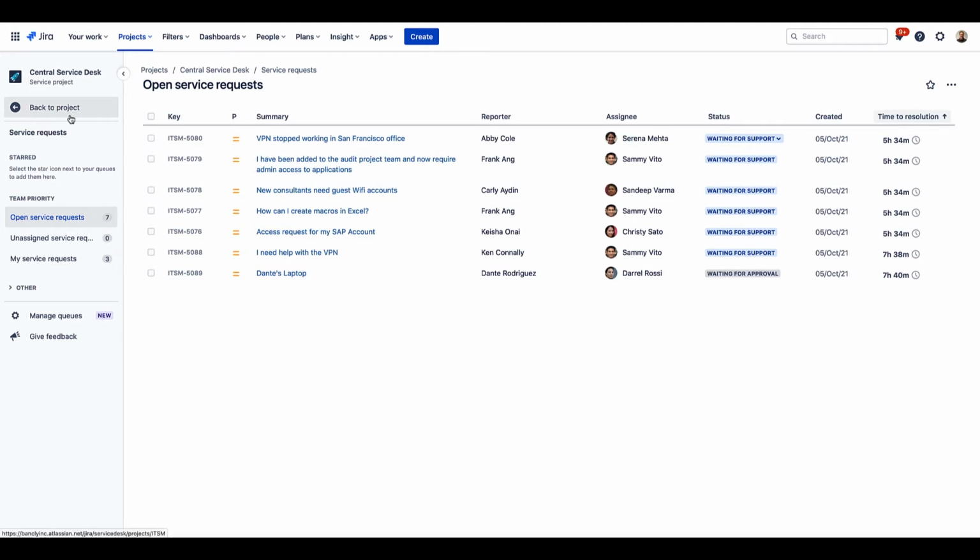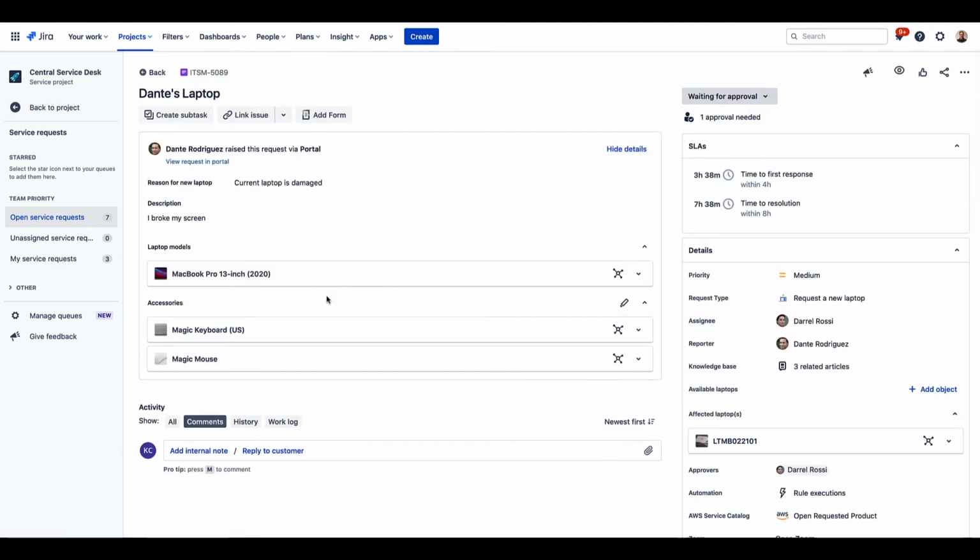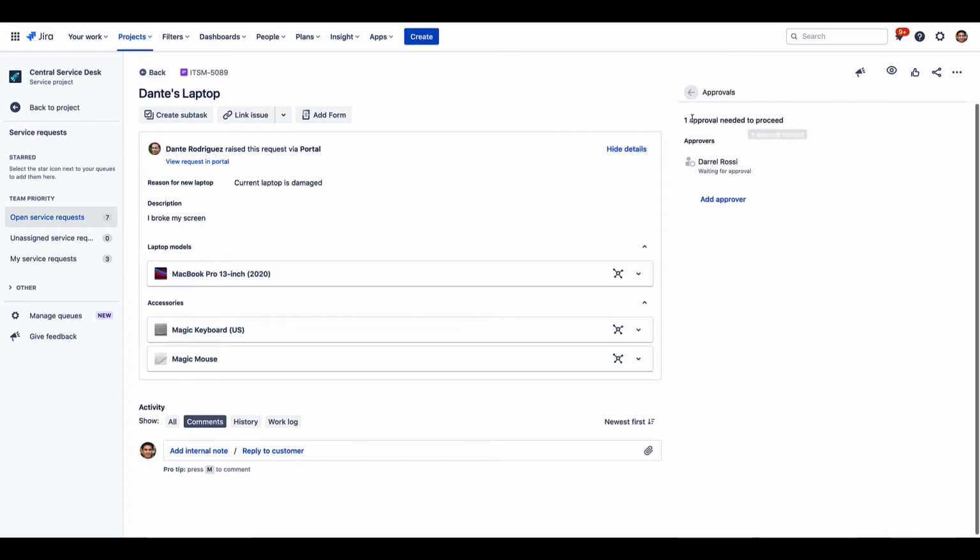Now let's look at our new laptop request record. Within each record, you have several bits of key information. We'll take a look at a few, such as the requester, the type and reason for their request, the SLA associated with the request, and SLAs, if you don't know, help your team deliver on customer expectations. They can be defined by the type of record or fields that make up the record, such as urgency and priority, whether it needs an approval or who the approvers are,